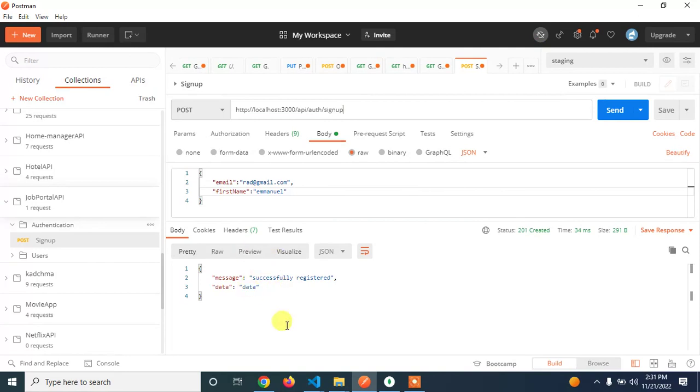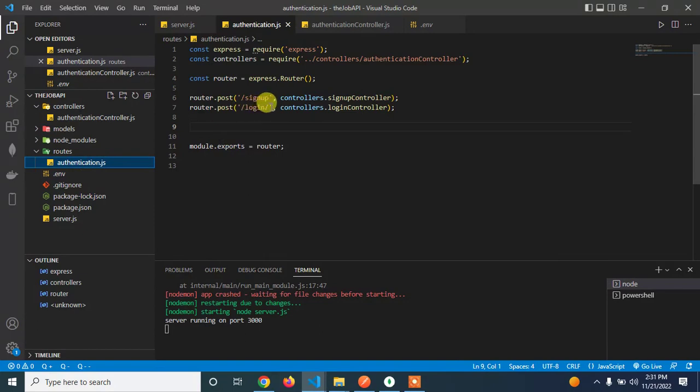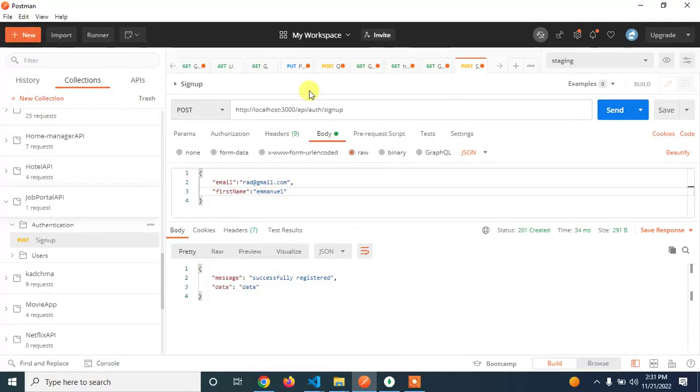Okay, so this is the proper response to get. And also we can try for login as well. No, we don't need this here. Can try for login. I'll just have to edit this to login. Okay, so you see,